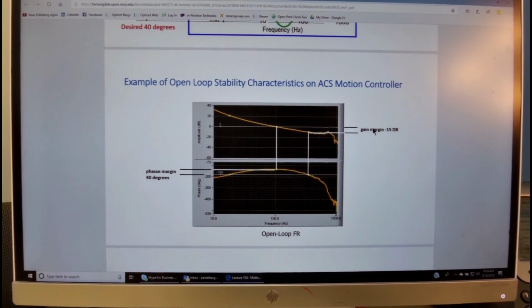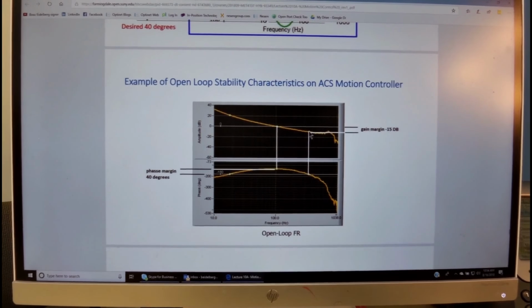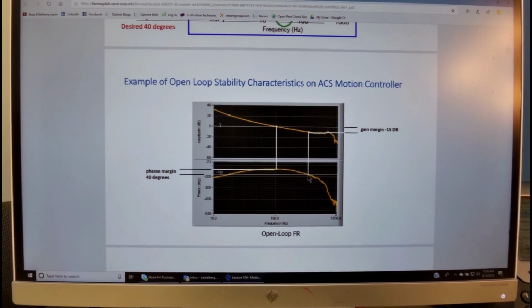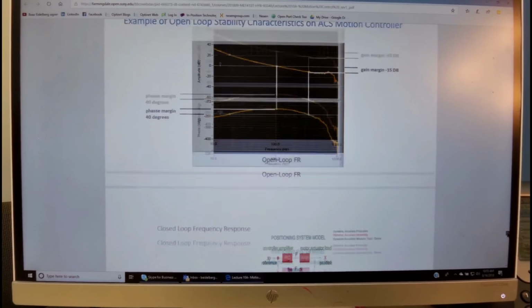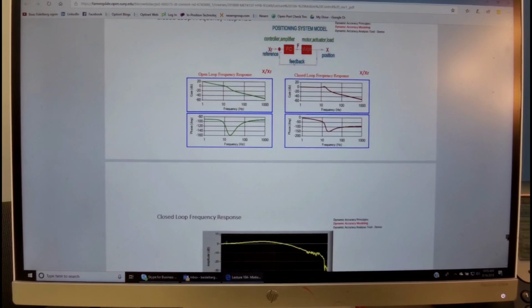Why do we need a gain margin? It is simply not to amplify the feedback at a gain higher than 1 when the system is at minus 180 degrees phase shift. So when the system is exactly at the opposite position, we don't want to inject more energy into it to make it unstable. So this is the intuitive explanation to it.